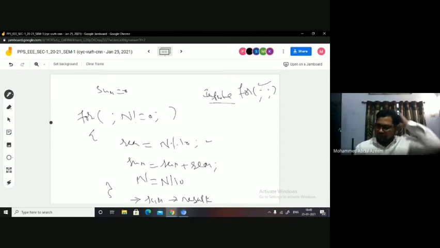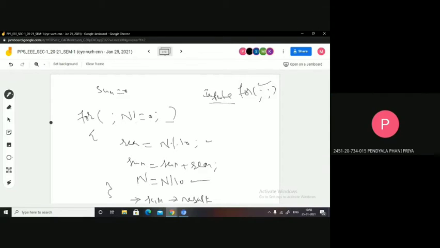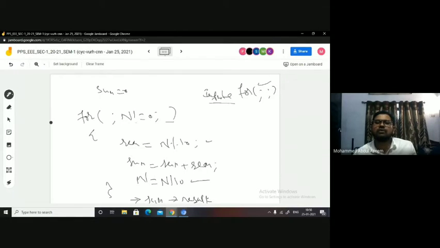And here you can see there are certain statements which are to be repeated, these three, out of which this n equal to n by 10 is nothing but something like a decrement of n only, right? So this I can put here, yes or no? N equal to n by 10, can I put here? Because increment or decrement is also going to be repeated every time, right? So I can put it here. It means I can reduce one more statement from the block if I write here.